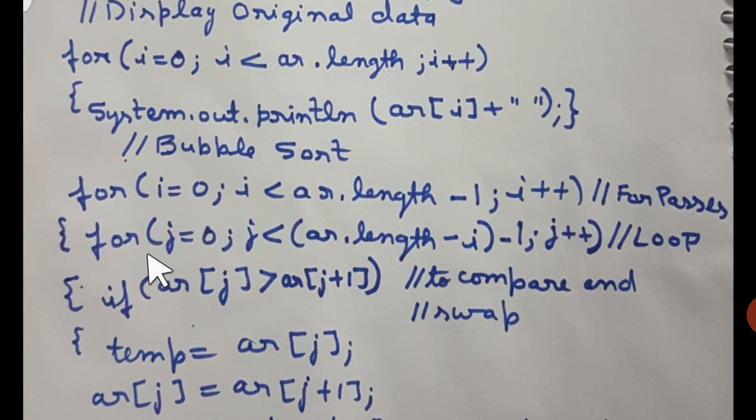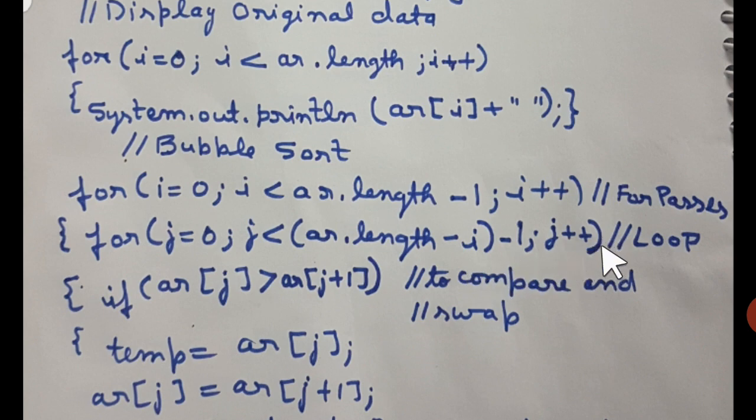Now curly brace. So now the nested loop: for j equal to 0; j less than ar.length minus i minus 1. I told you why it is so, because every time we are reducing, or you may say that the biggest element reaches its proper destination. So we have to ignore that element, right? We have to reduce our area or scope of comparison. All right, j++; semicolon is a must, and this loop header is over.